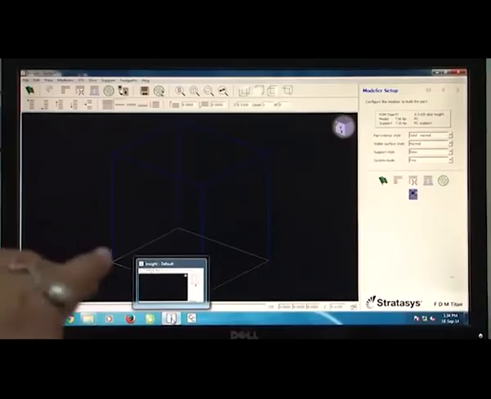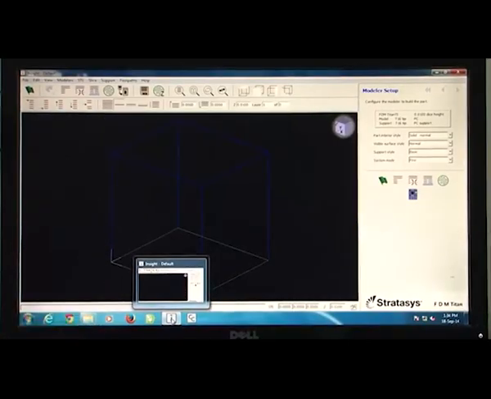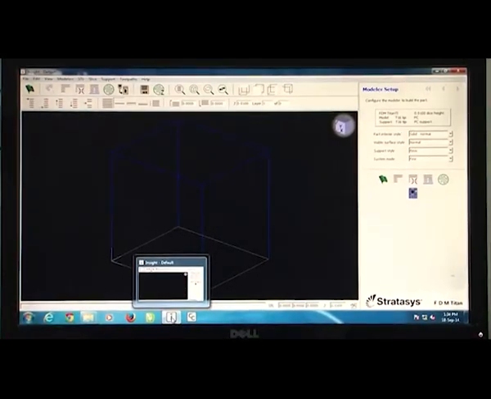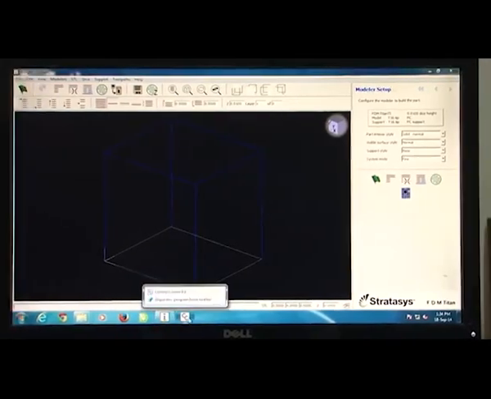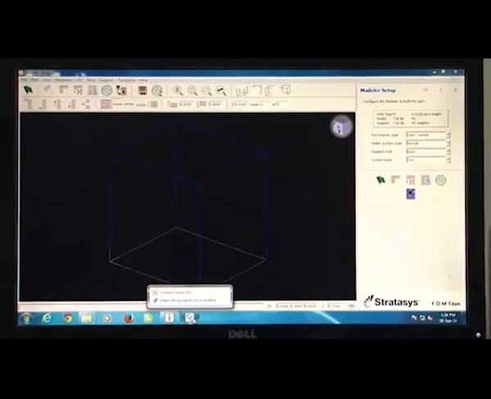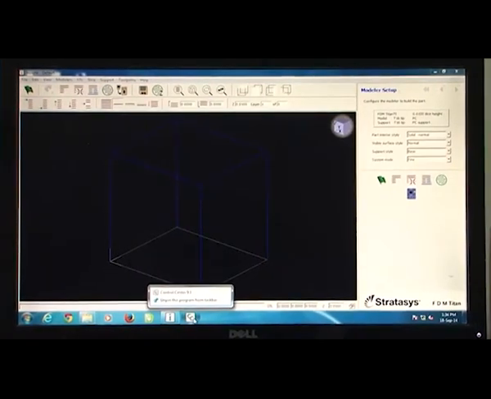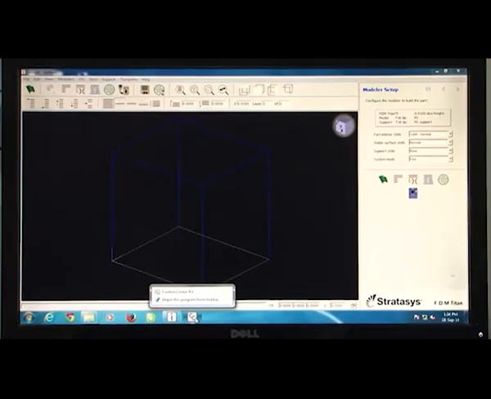So one issue is how to slice it into particular sections. Another issue, of course, is how to define the tool path. So both of these will be done in this manner. And then there is another software which is called the Control Center 9.1 version, which actually further illustrates how the